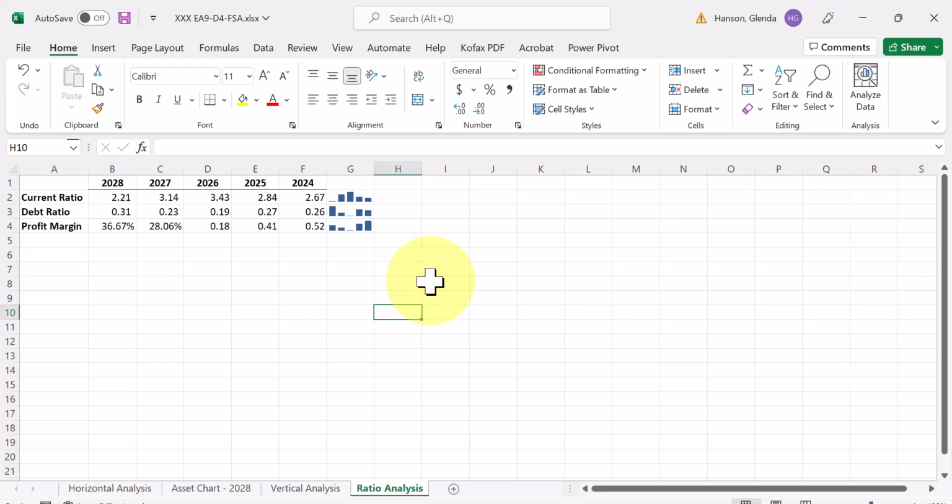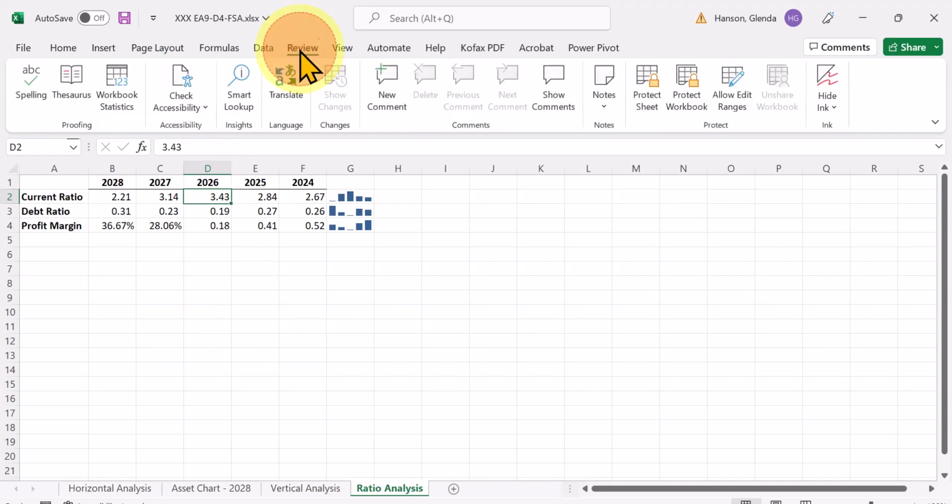Okay, cell D, step 20, select D2, and now we're going to do what are called comments in here. The Review button is where the comments are. And here's comments, and there's New Comment right now. You can delete a comment, previous comment, next, and show comments. So we want to select New Comment,